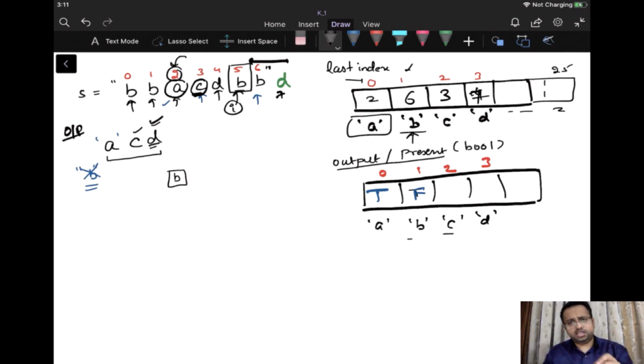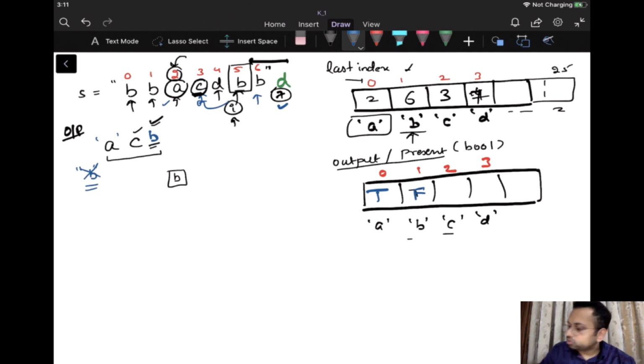And does this D have an occurrence after the current index that I am standing on? Yes, there is index 7 on which I can consider D. So I'll remove this D and I'll insert the B character in its place. I cannot remove C because C has only one occurrence and that occurs before this particular index.